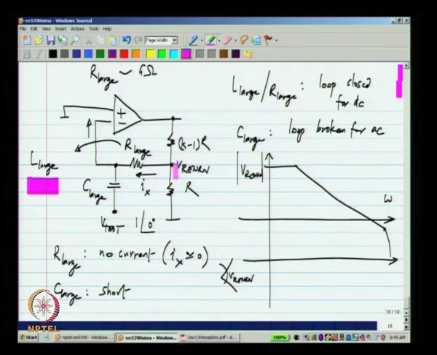Now, because V return by V test is the negative of the loop gain, this typically starts from a phase angle of minus 180 degrees, and it goes to 270, and then it goes off somewhere. Okay. Let us say this is minus 360 degrees. You can find where the magnitude becomes unity, okay, and the phase at that point, and the difference from this 360 degrees is the phase margin.